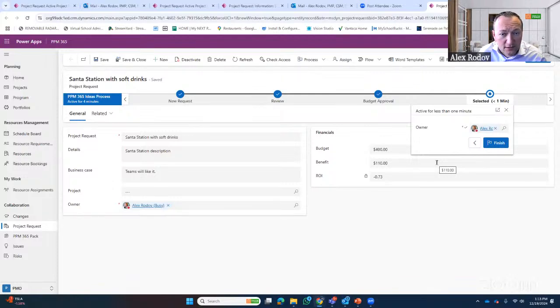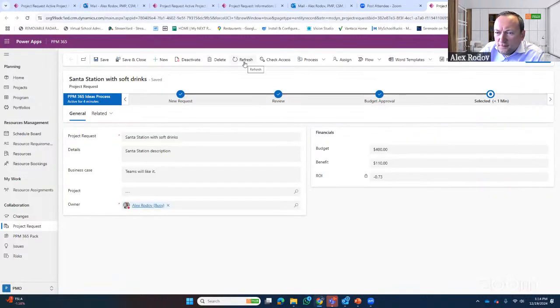And at this stage, it's selected, meaning that it's approved, it's gone for the execution, but it also would create the actual project, right? It would actually assign someone to start working on this. So it turned from the intake idea into the actual project, right? And if I go to review this again, if I refresh this, still